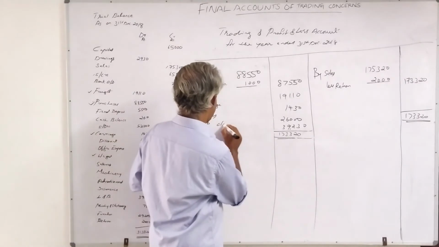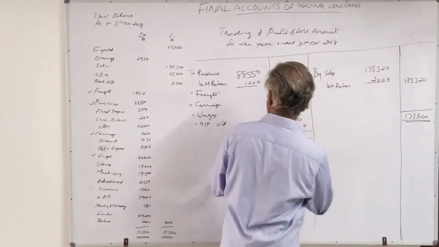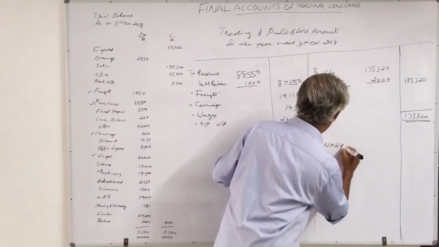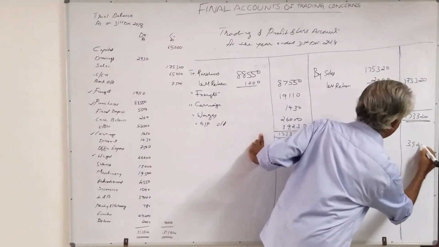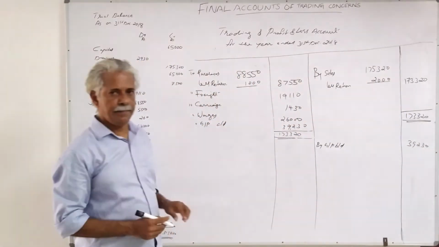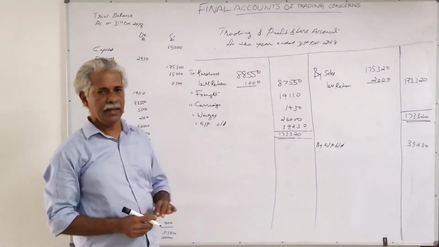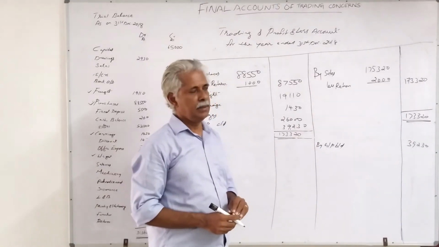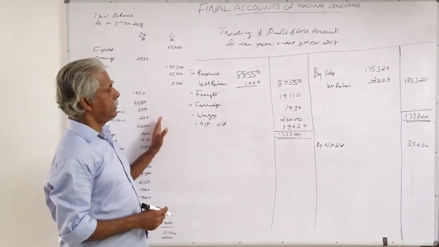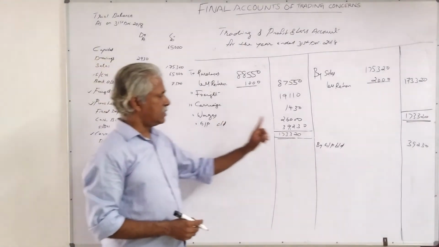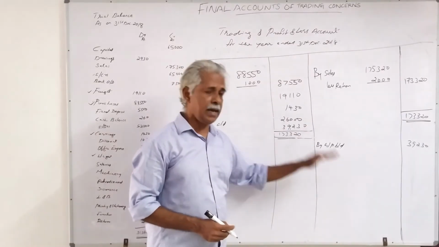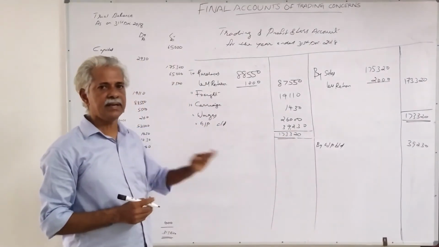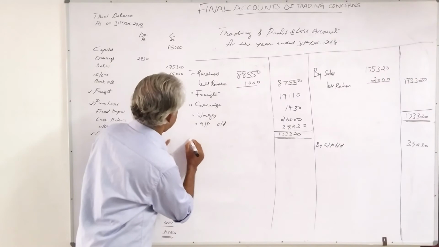It is to be carried down on the debit side and should be brought down in the second part on the credit side as gross profit brought down, that is 39,230. Then indirect incomes, if any, should be added to gross profit, means it should be credited in the P&L account. In this question, there are no indirect incomes. Therefore, gross profit is the only item that appears on the credit side of the P&L account. Then it is to be debited with the indirect expenses.